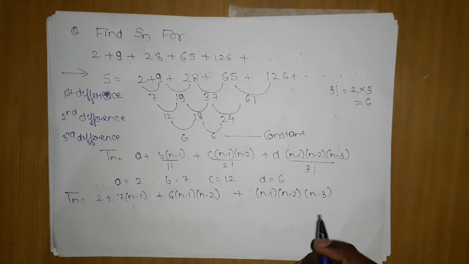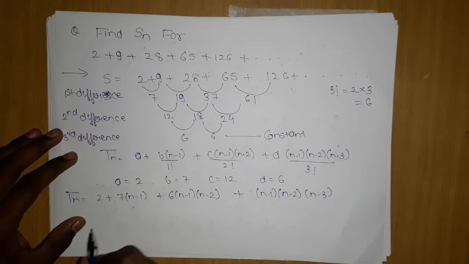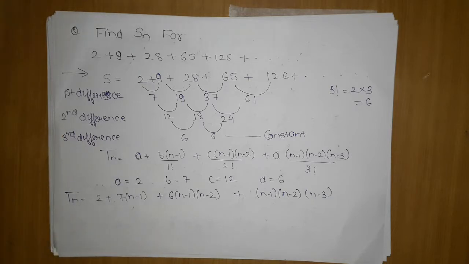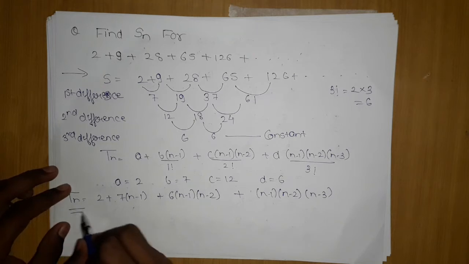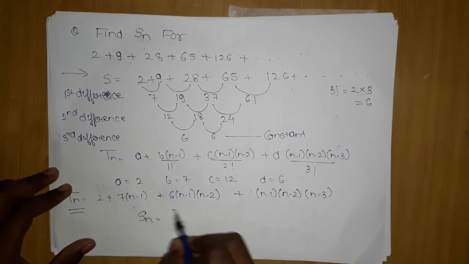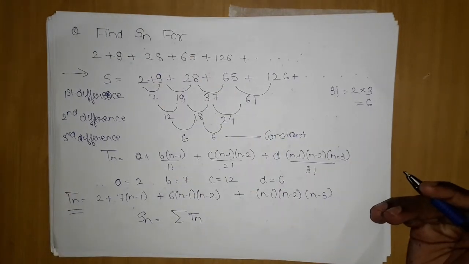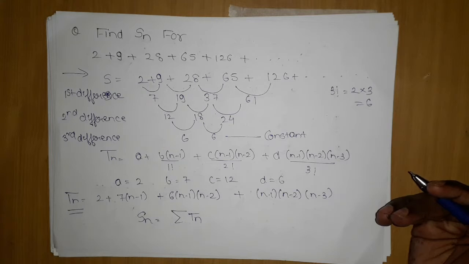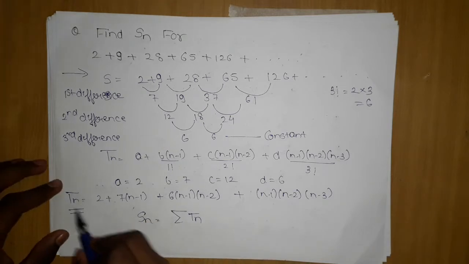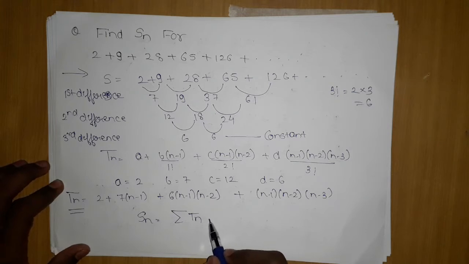So after this, we need to just simplify the problem. I think you can do that, or should I do it? It is just a waste of time, so you can do the calculation after this. My job was finding the Tn. After finding it, you can apply the Tn. I was trying to teach you when the difference method can be applicable, my purpose was not to solve. So after this, just put in the Tn and get the Sn.